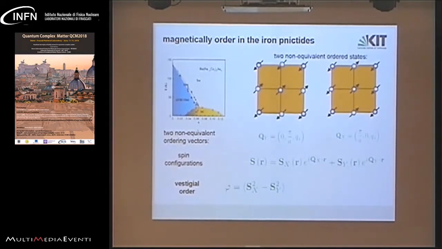This is a state that would not break time reversal symmetry. However, it breaks a rotational symmetry, and that's why we call it a nematic state. For example, if you have one or the other, it's just a label, an Ising label for this or that configuration. But of course, this is not the only option you have in that system. You can also build the scalar product, you can build the cross product of those. All of them would be potential candidates for higher order correlation functions that individually break a symmetry and are candidates